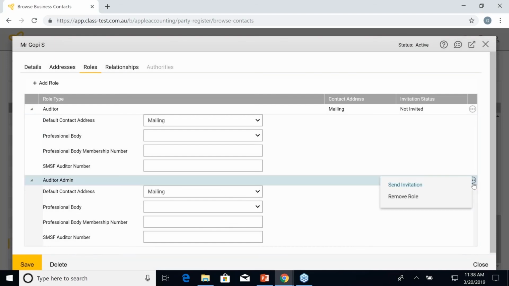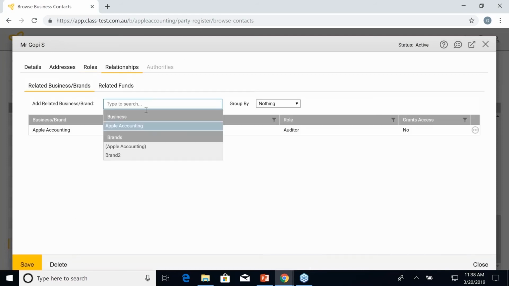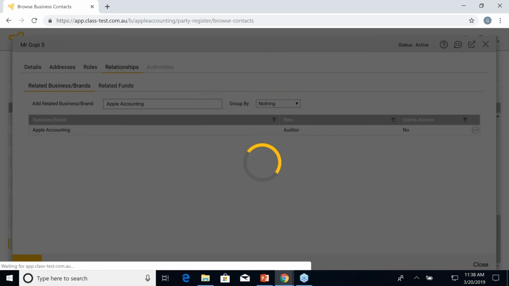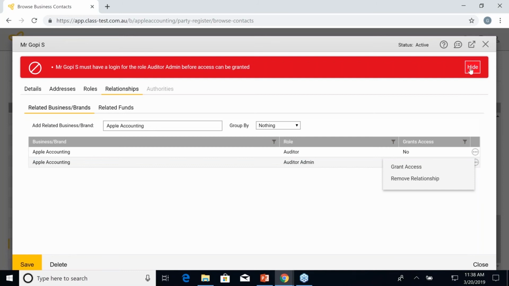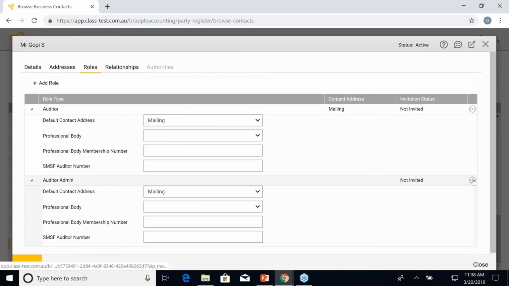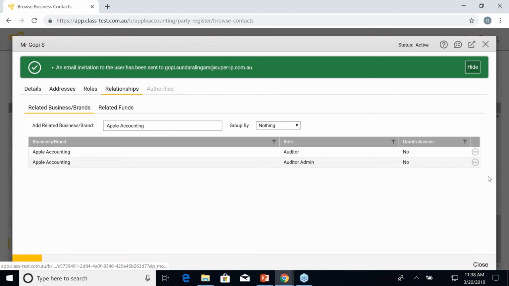The auditor currently doesn't have any access issued as yet, so we'll set the relationship and grant it access in this example to the entire business. Once we've granted access, the auditor will receive an invitation. We will retrieve